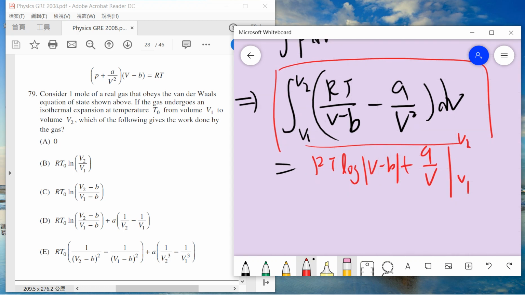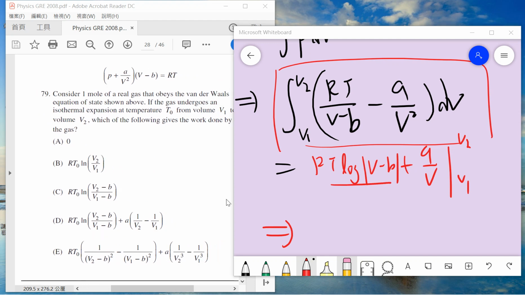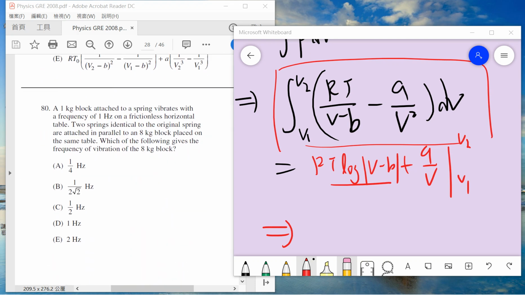Okay, so the answer is what? The answer should be D. Just plug it in and you get this one. Okay, so it's easy. Now 80: a 1 kilogram block attached to a spring vibrates with a frequency of 1 Hz